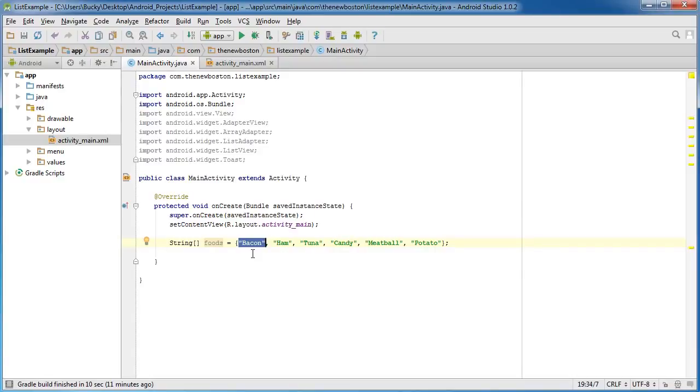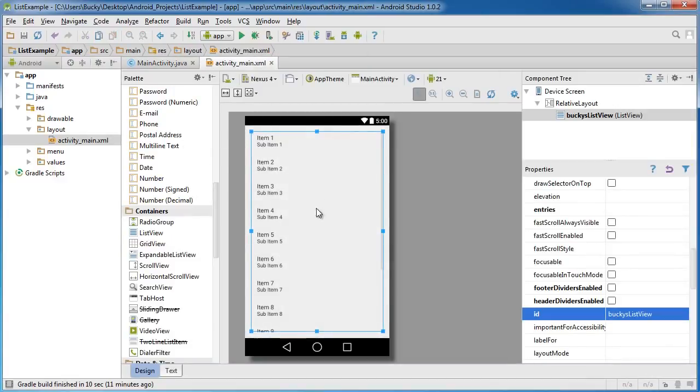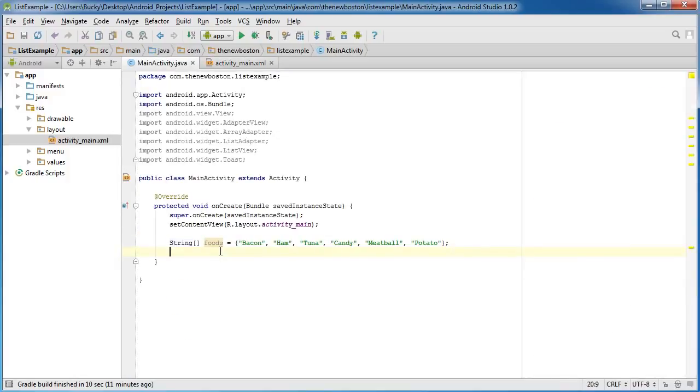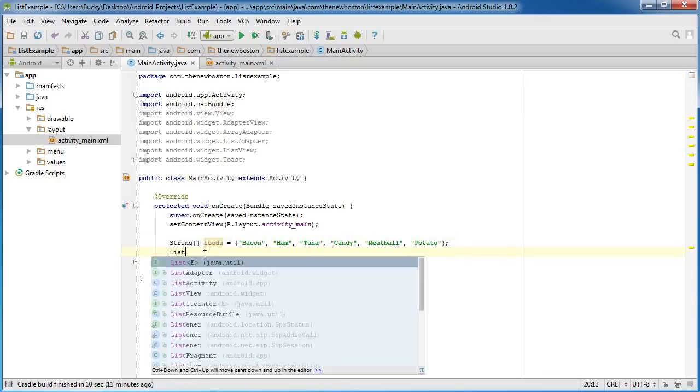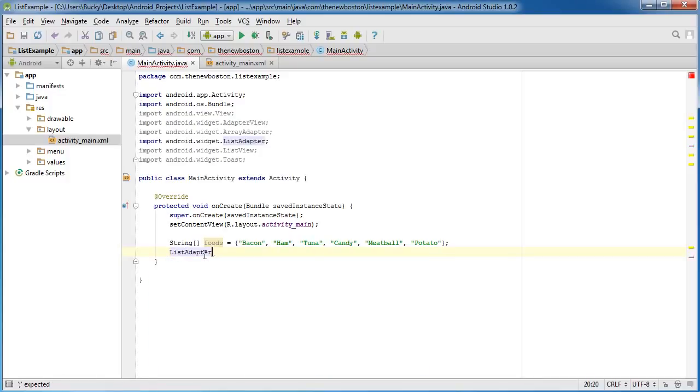Now this adapter is going to be responsible for the conversion of Java code to list items that your activity can use. So again, I'm going to show you guys how to make a real basic adapter right now, just for text or strings, and that's this. If you go to ListAdapter, you can name it anything you want, Bucky's adapter, and you need to set this equal to